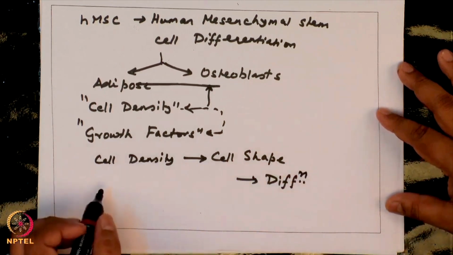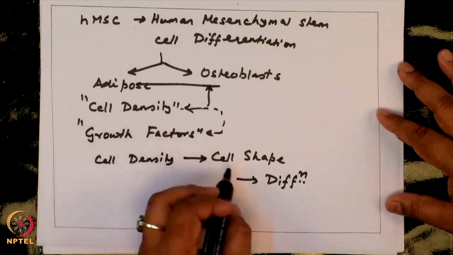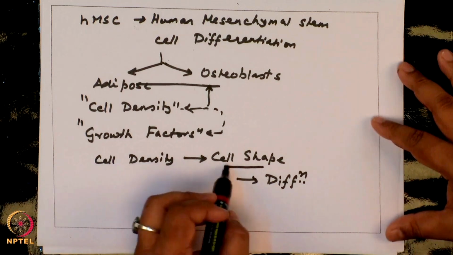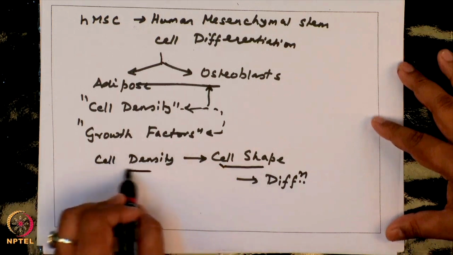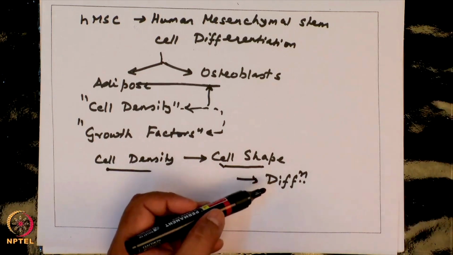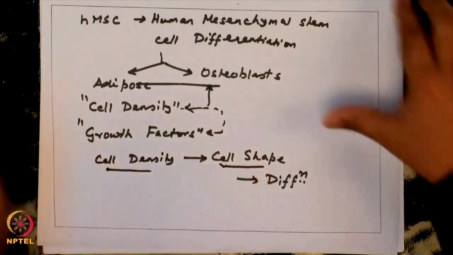So, we are saying that it is the phenotype. You are indirectly controlling phenotype by cell density, and then this phenotype is what dictates this overall response. So, what the authors started off with was experiments in which you cultured cells,